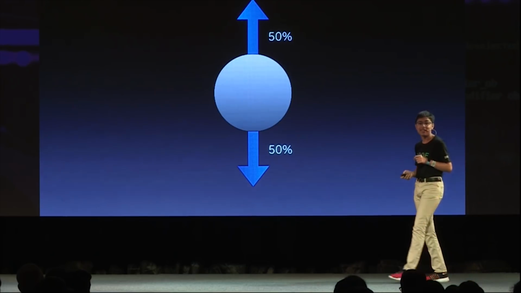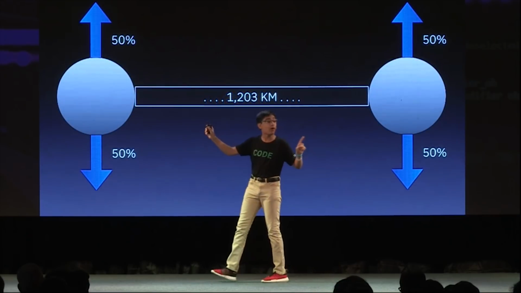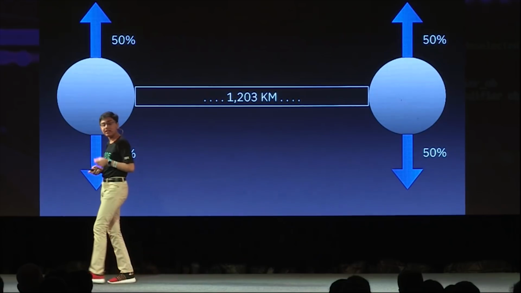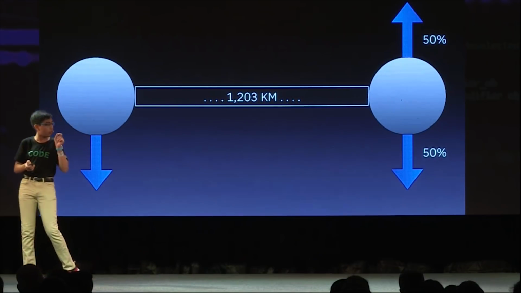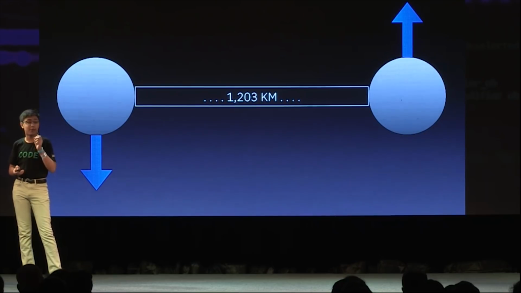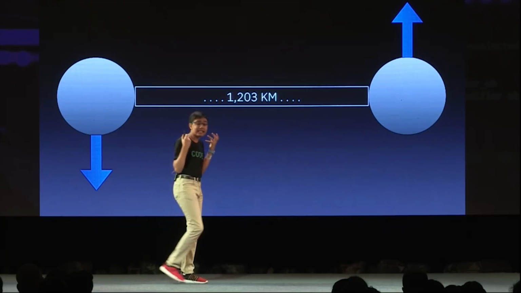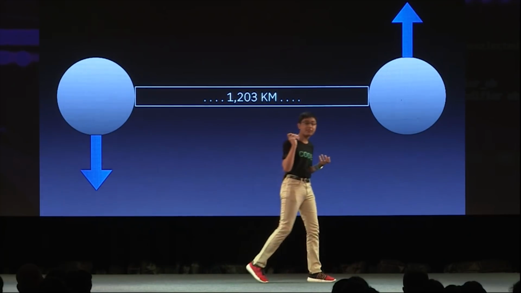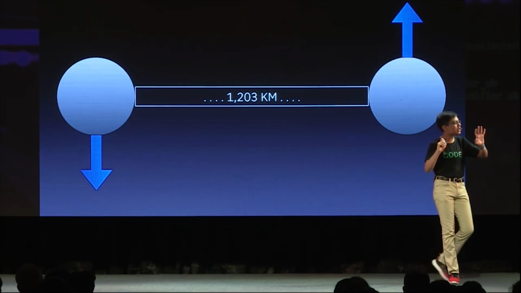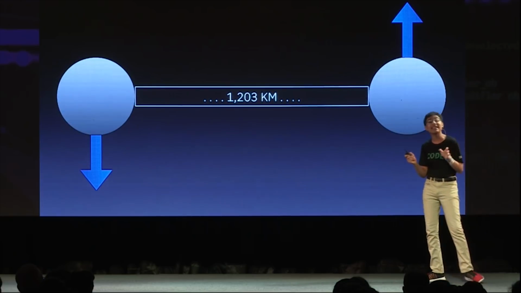And similarly, entanglement means that no matter how far apart two quantum particles are, if they are entangled, then the moment you collapse the wave function of one of those particles, you instantly collapse the wave function of the other particle, and you can find out properties of that particle. In fact, it's so instantaneous that even Einstein called this effect spooky action at a distance. But anyway, enough talking about quantum mechanics. Now, let's get to quantum in action.